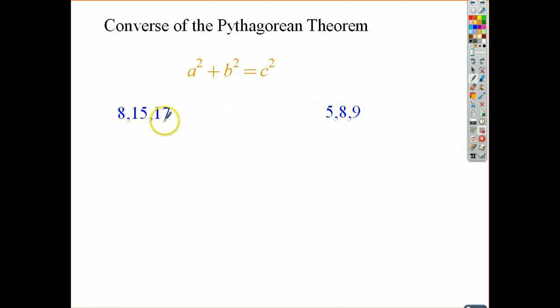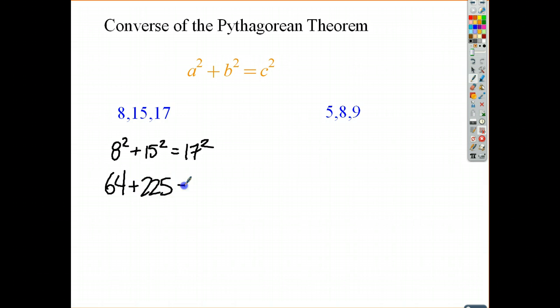So in this case, you just have to determine again which is the hypotenuse. The hypotenuse always has to be the longest one, so that would be 17 here. So I'm going to do 8 squared plus 15 squared is equal to 17 squared, and we're going to test it. We're going to get 64 plus 225 is equal to